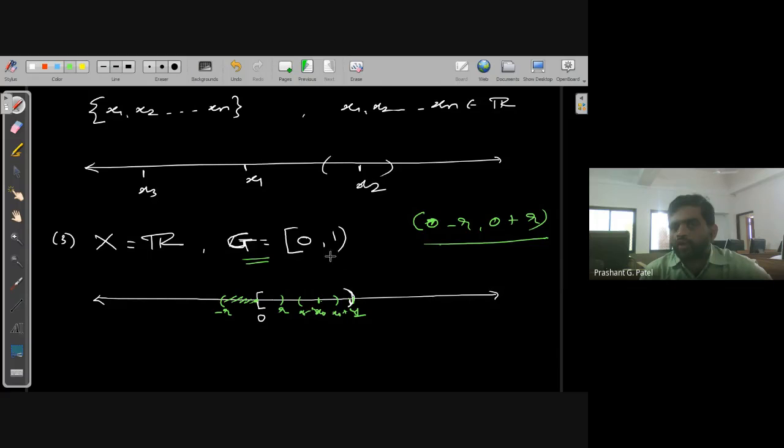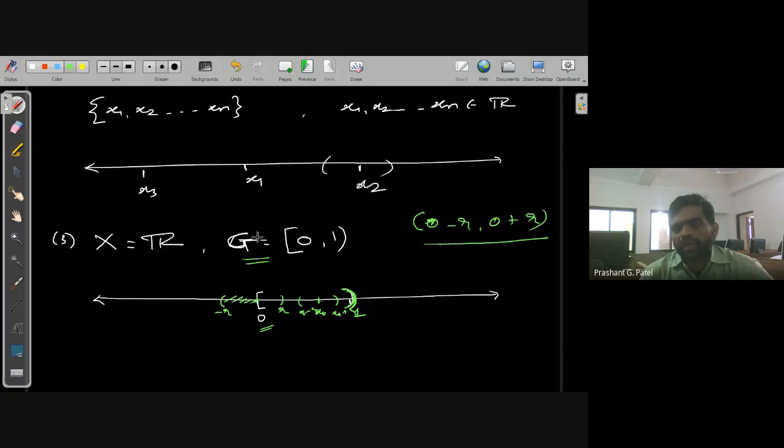This is not a closed interval, this is an open interval, so you cannot take 1 as belonging to G. So for all the other points it works, and the only problem is at 0.